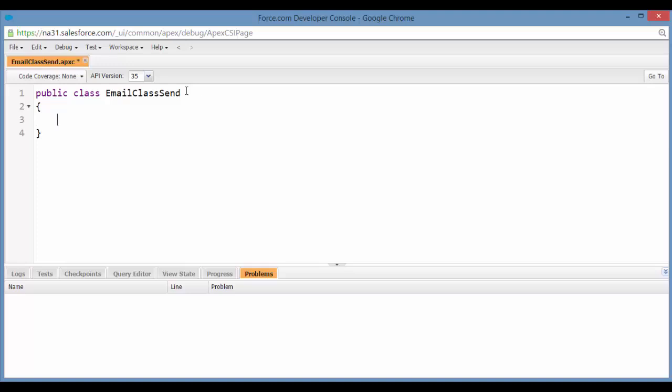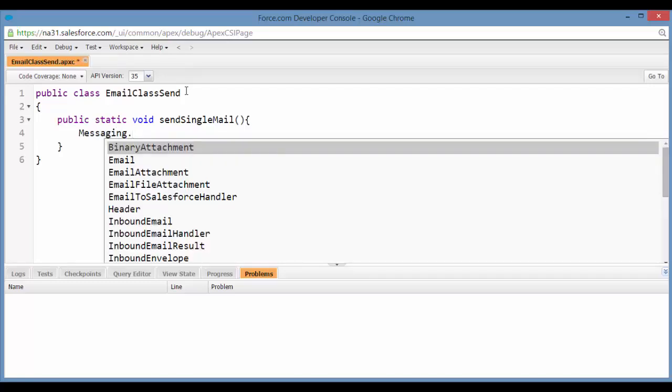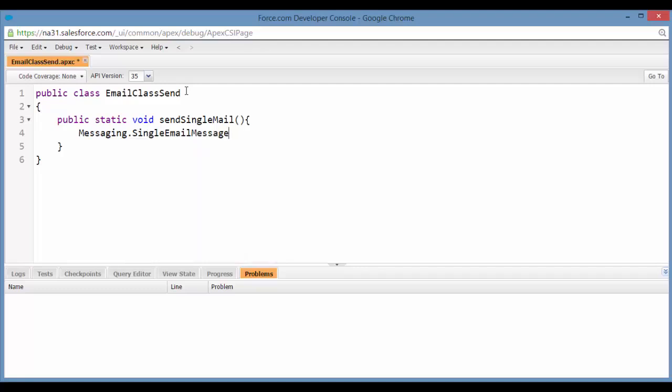Now I want to create an object of the single email messaging. To do that, we have to have a method first. So public static void send single mail. The method name can be anything, and in this method I want to create the object of the single email message. So Messaging.SingleEmailMessage is the class that's available, equals new of